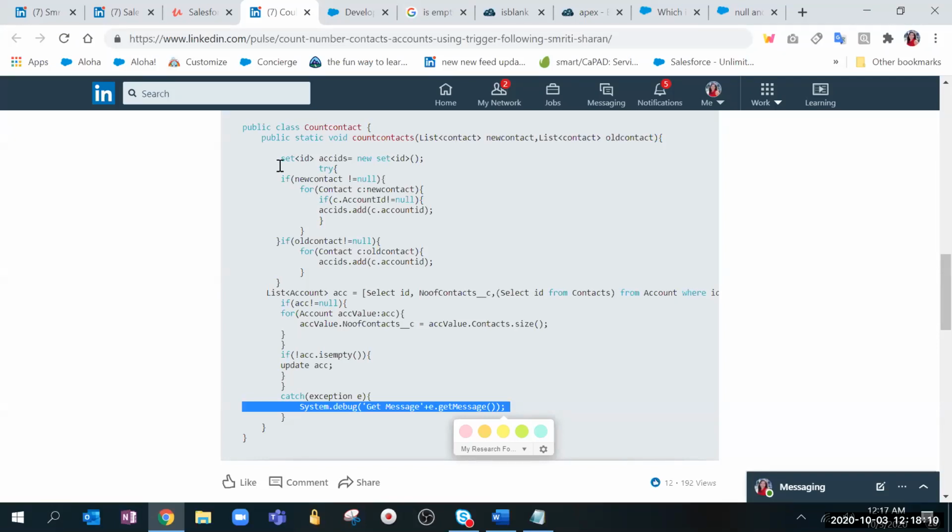One second, can you repeat the question and then the answer? I was just saying here you're trying to get the old contacts' account IDs also and add them to the set, right? The old contacts' account IDs you can also get by querying the database, because old is there in the database, right? Right, but instead of wasting one SQL, I think this is a better practice. Again, do you want to ask questions just to check that everyone got it?